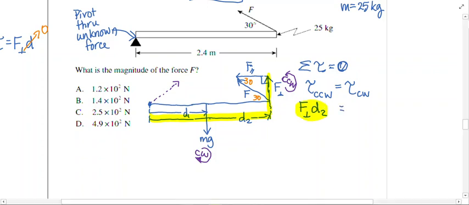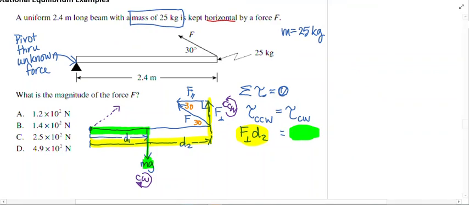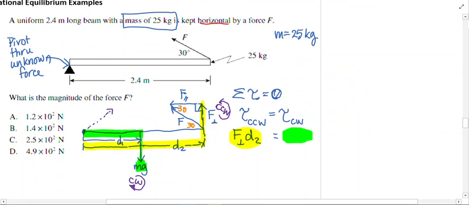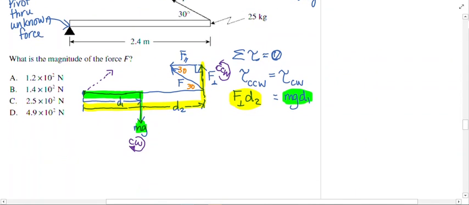And that's going to equal, let's pick green, D1 times this mg. So the green guy is going to go right there, and mg is all down times D1. We're almost there. We now want to break F perpendicular up into the trig. F perpendicular is opposite the 30, and opposite over hypotenuse is a sine. So let's break this up into F